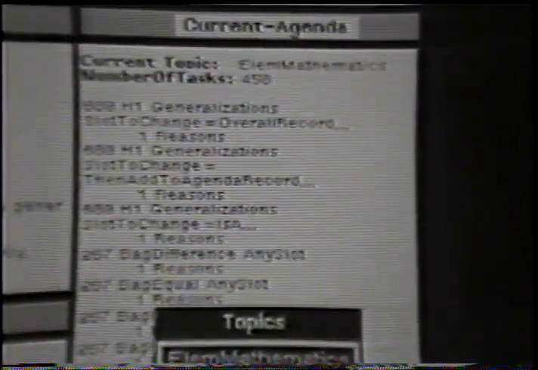The Eurisko screen is divided into several windows. Starting with the one on the right, we see the list of topics that Eurisko knows about, including mathematics, oil spills, programming itself, and under that, the list of tasks on its current agenda, tasks which are plausible, promising things for Eurisko to spend time working on.